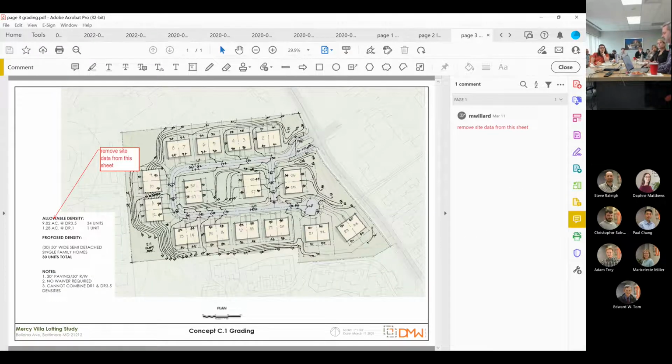Now this is again, we measure the property north-south, we measure it east-west. What's the most efficient way of getting the units in there? And in this case, running parallel to the long dimension of the property made the most sense again. And we had stormwater facilities in each corner because the layout drove that. And this is actually a good example where once we got into the stormwater, we got into some of the regulations in order to